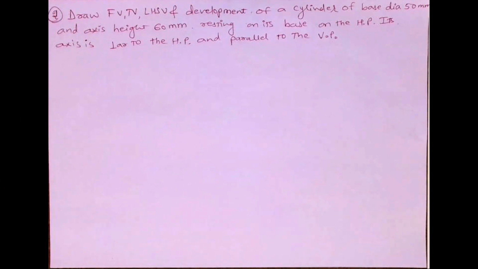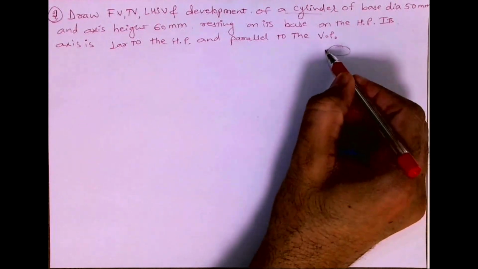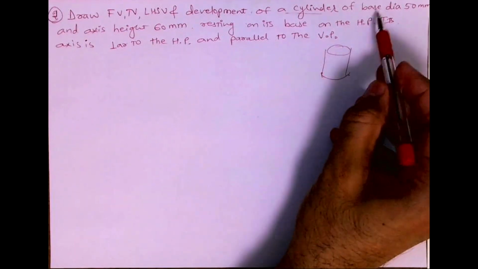Welcome to Technical Drawing. Today we are going to learn how to draw a front view, top view, left hand side view and development of a cylinder of a base diameter 50 mm and axis height 60 mm, resting on its base on HP, its axis is perpendicular to HP and parallel to VP. See, we have to draw a cylinder